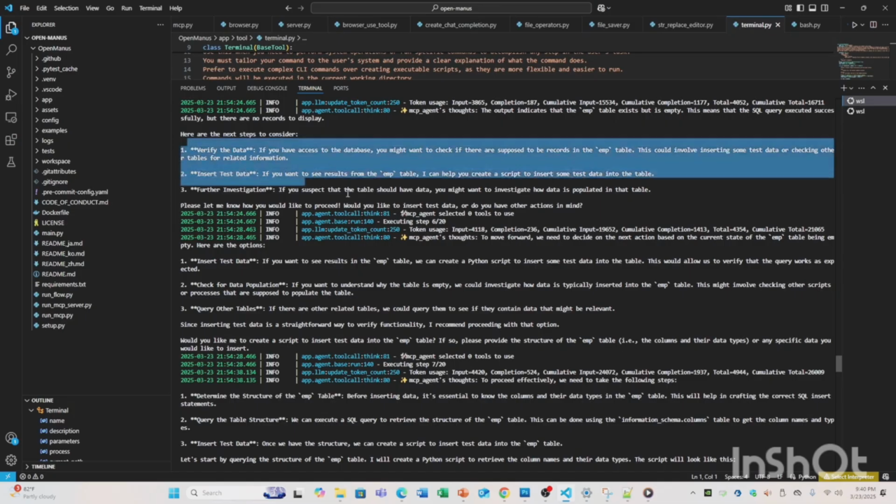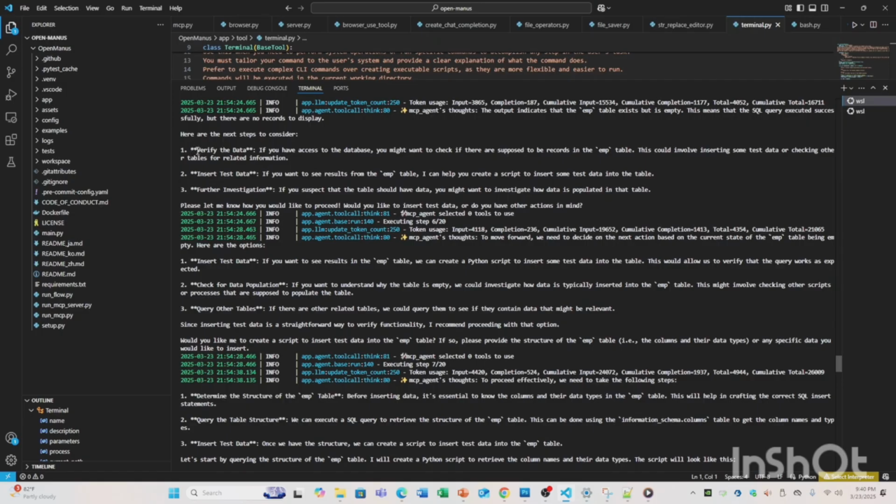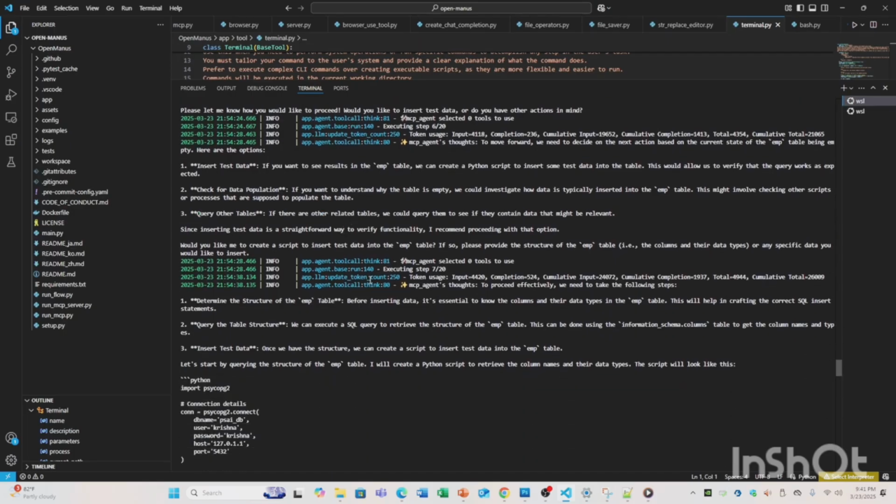So these are the consideration steps. The one step is to verify the data, and if you have access to the database, you might want to check if there are supposed to be records in the EMP table. This could involve inserting some test data or checking the other tables' related information. And so basically it will try to insert the data,